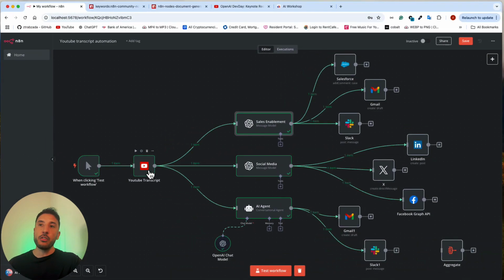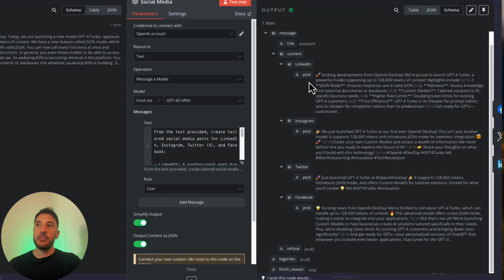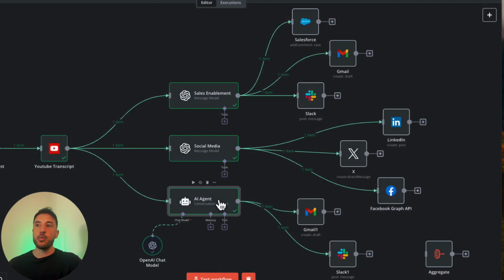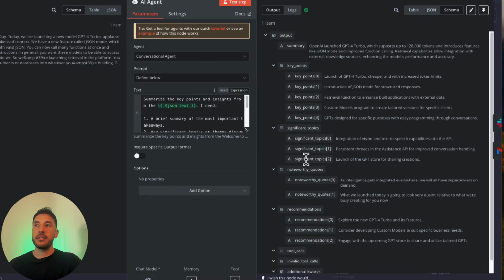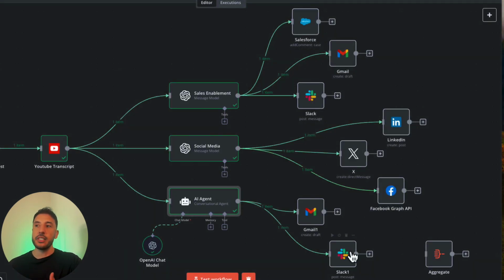And we can also take the same video transcript and repurpose it into social media for different platforms like LinkedIn, Instagram, Twitter, Facebook, and individually post them. And on the third AI agent, we'll be able to take the video transcript and summarize it and send it in a nice written email to our internal teams, and also utilize our Slack node to be able to send that summary into our proper teams and channels. So this is going to be a very, very useful tutorial, because again, you'll be able to utilize this workflow and convert it into several use cases.